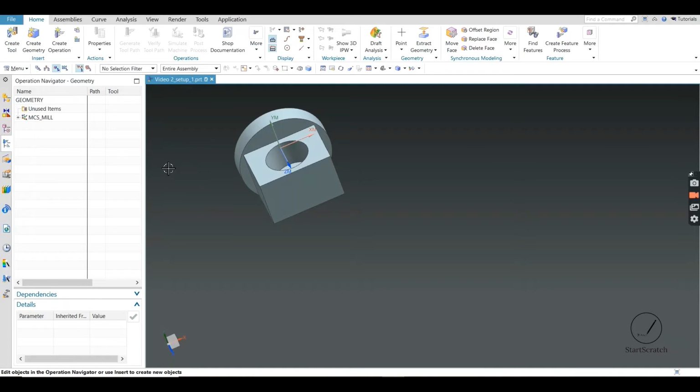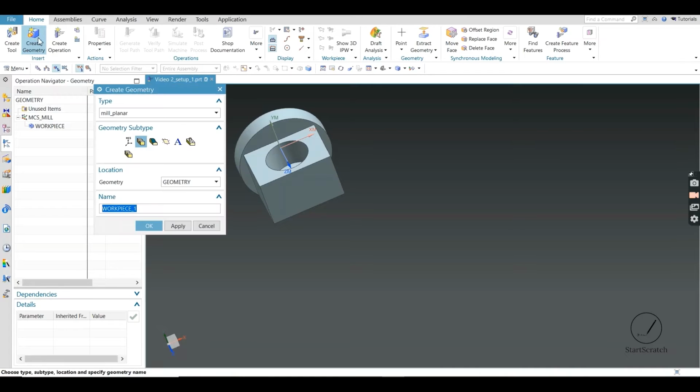So first of all, we would be creating a geometry. For creating the geometry, we would be clicking on this tab, and selecting the location of the geometry where we want to create it. We would be using MCS mill inside this global coordinate system and MCS.